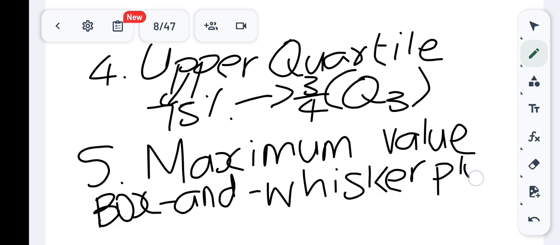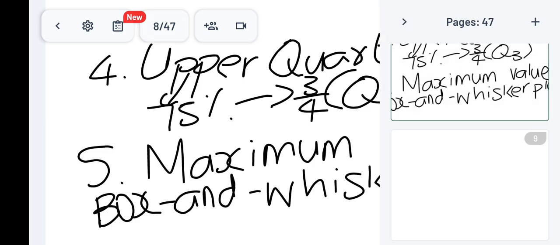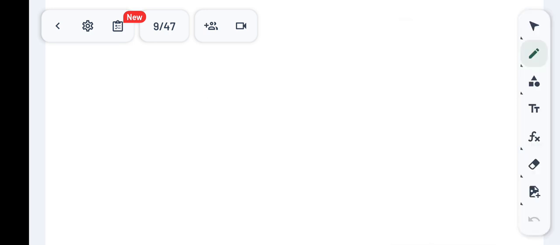So what is a box and whisker plot? This is a visual representation of the 5-number summary of a data set. Okay, so you need to be able to know how to draw a box and whisker plot. But before we come there, I want us to know how to identify lower quartile and also upper quartile. So let's continue with that example of